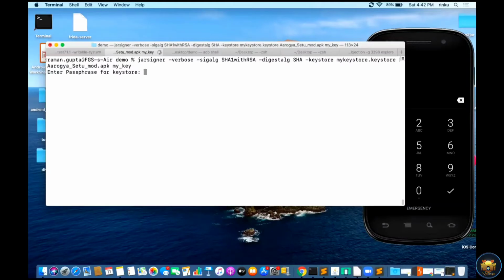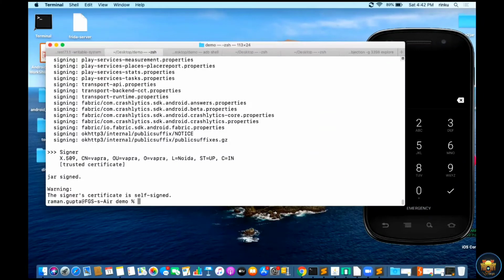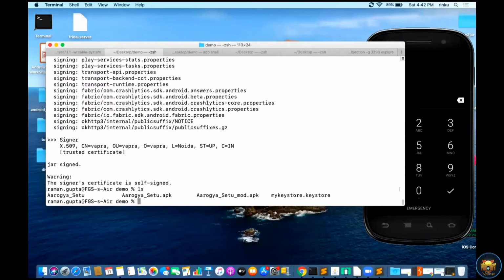Yeah, it is asking for the password for the keystore. Whichever password I have given, I just enter it. Now my jar-signed file is created. Here it is giving a warning: the signer certificate is self-signed. I created a self-signed certificate and signed with it. So the modified APK is ready to install.